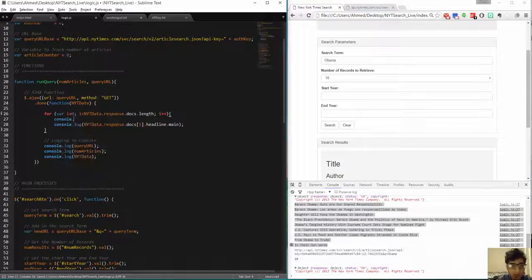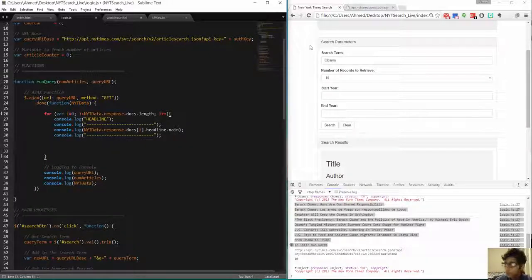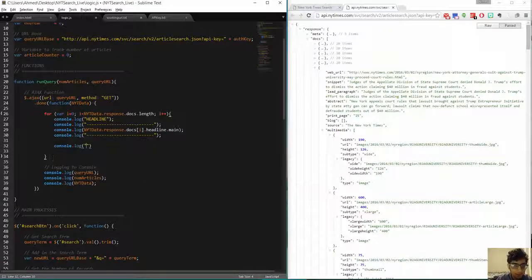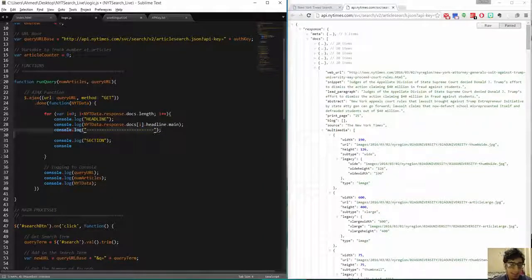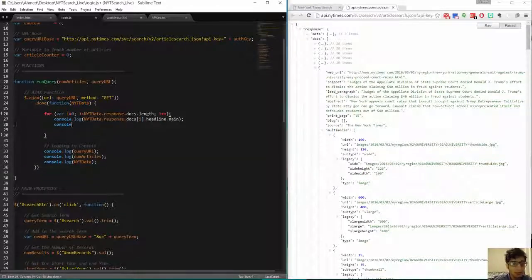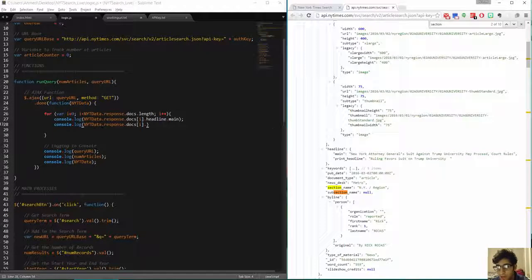Now, let's go ahead and put some labels around this stuff just to make it easy. Headline. And let's do the same for the other fields that matter. In our case, we're looking at section. Well, maybe we shouldn't have all these lines, it might get confusing. But let's just put in the context without worrying about the divisions. Console.log NYT data dot response dot docs i dot, let's see where section is, section name, news desk. So we're going to do, let's make sure it's not a sub. Perfect. So we're going to do dot section name, and then we're going to log